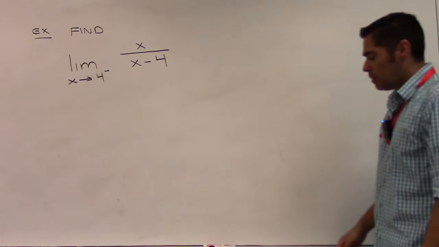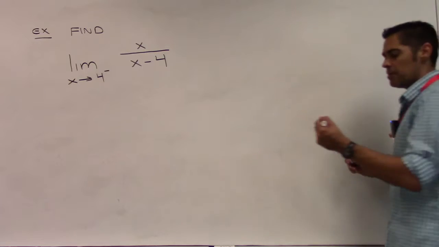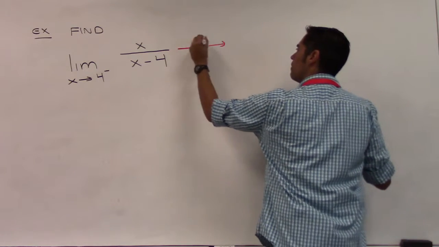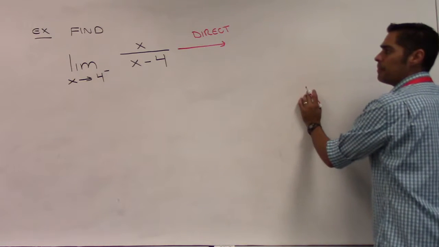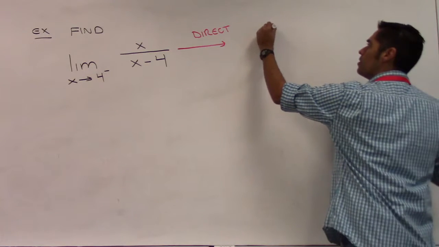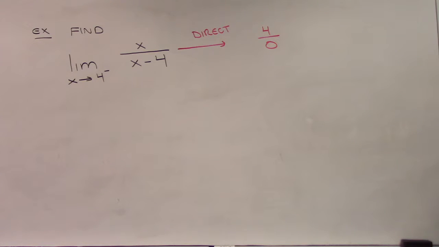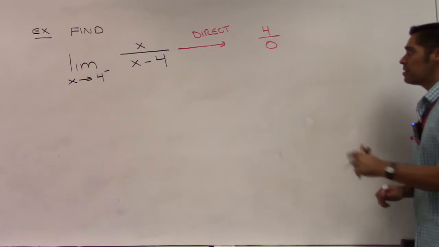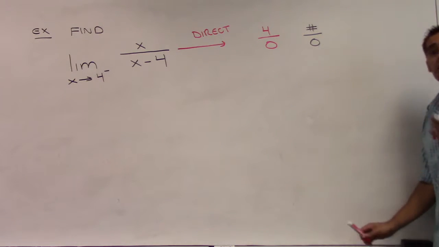So let's do what we did last time, which was like a direct substitution, right? We try and substitute, we see what happens. So with direct substitution, what does the numerator become if we replace x with 4? Careful, not 0 over 0. 4 over 0. And that is, again, a bad situation. What we dealt with last class was 0 over 0, right? And we said when we had 0 over 0, we had to do some algebra, right? But whenever we see something like this, where we have like a number over 0, we're guaranteed to have one